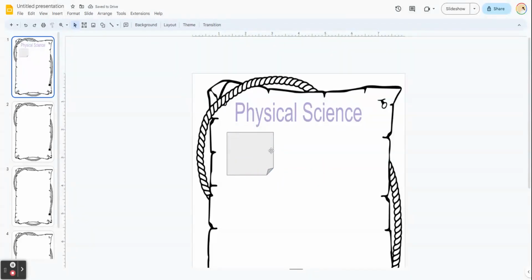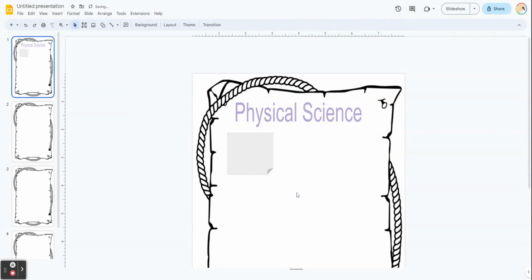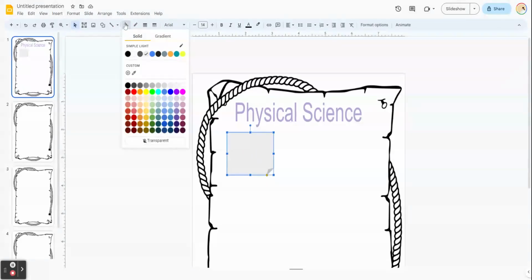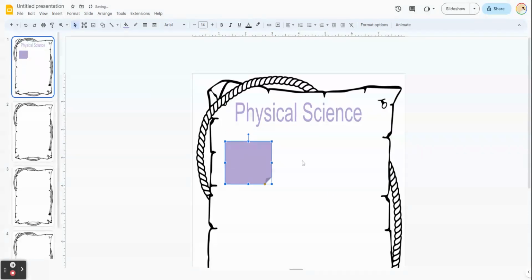It looks 3D, which is kind of cool, but what I want to do is click on it and I want to make that border transparent again. So blend in a little bit, but that gray on the white is a little difficult to see. So I'm going to click on that again and choose a prettier color. Here we go. Now I got my little post-it here. If you double click on your post-it, you can actually start typing on it. So for example, if I want my directions here,